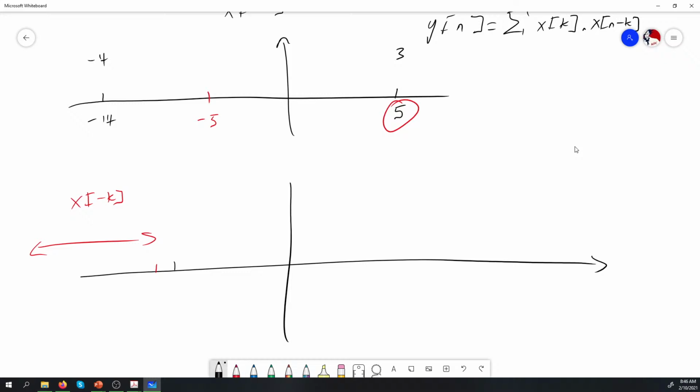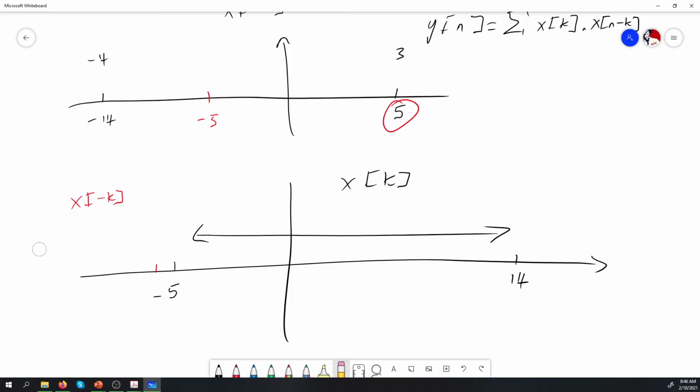And then we say here it's going to be at -5 for our x of k signal here, going up to 14. So this is like before the signal itself actually slides. When we do slide the signal entirely, if we're doing the slide one by one,